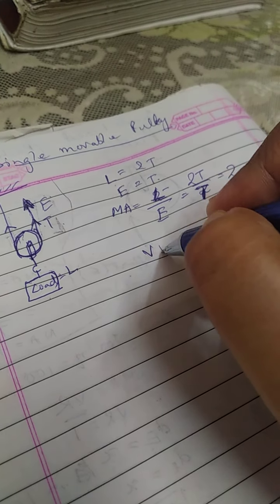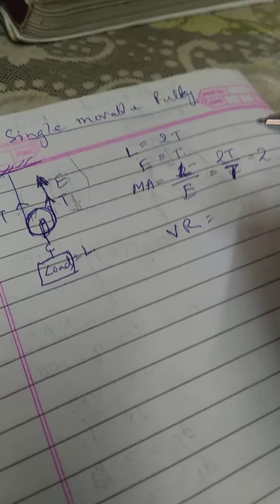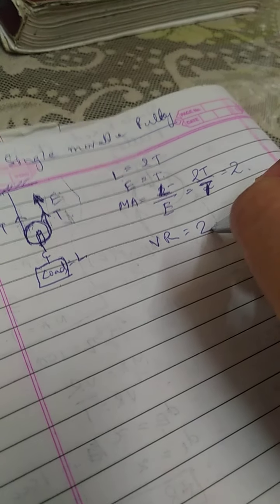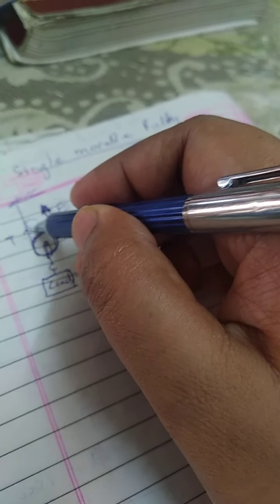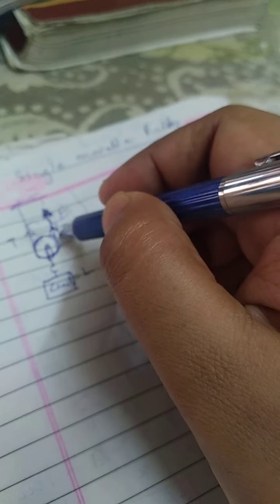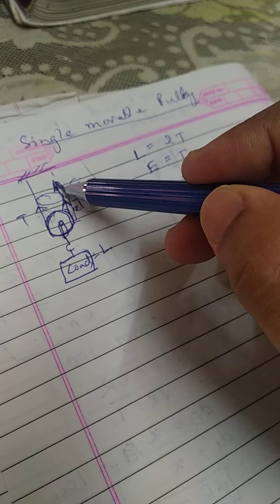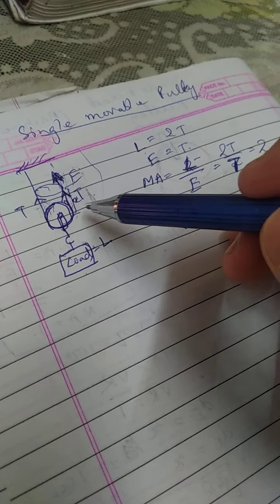Now what will be the velocity ratio? Obviously for an ideal machine, mechanical advantage and velocity ratio are the same. So velocity ratio should also come to be 2. Now how is this happening? Suppose this pulley moves x distance upward. When you are pulling it up, it moves x distance. Okay? The effort went x distance upward, that means the distance moved by the effort is x in 1 second.